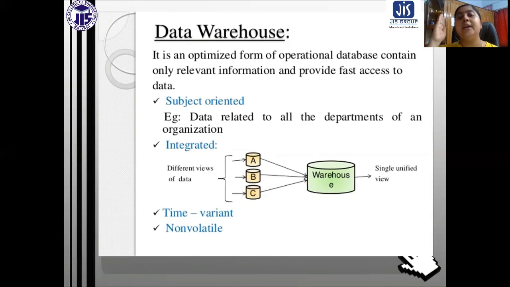We are going to store historical data in the data warehouse. Whatever we are performing today, we are going to store it, and tomorrow today becomes history. So basically, suppose a customer buys something today, we are going to store it in the data warehouse. So obviously it is history now. The customer bought it. Now the customer is not buying. So it is non-volatile. It is not going to lose anything. We are going to store everything.